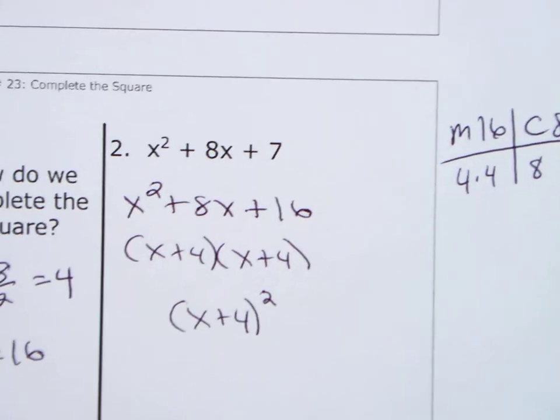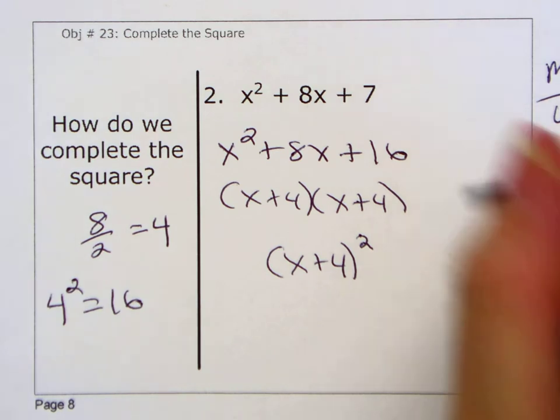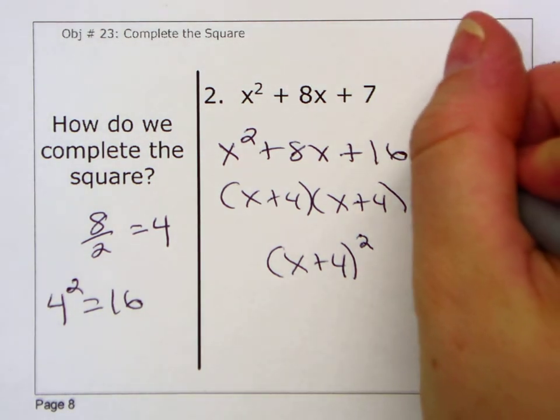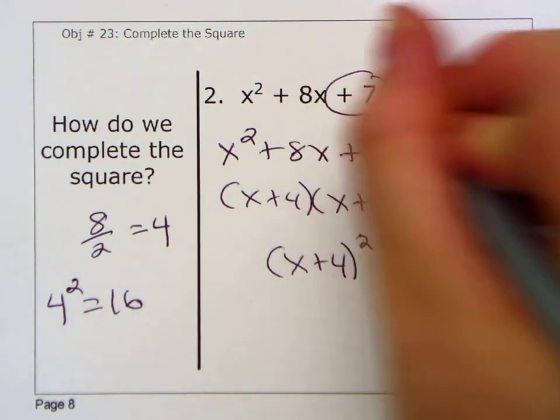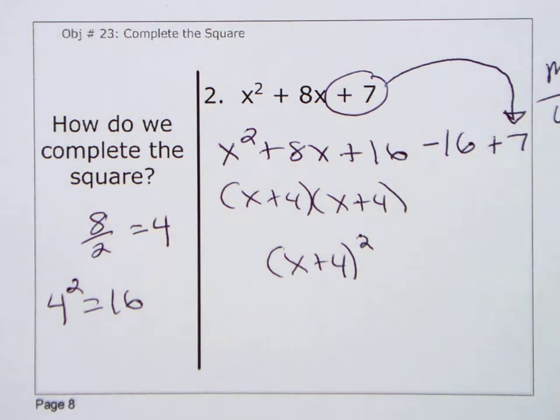Now we add 16 in, so we also have to subtract it. You can't just magically add 16 into the problem. So I minus 16, and then don't lose your 7. I'm going to bring that plus 7 down here. Those last 2